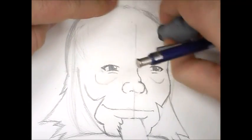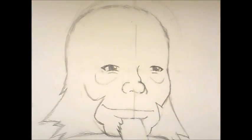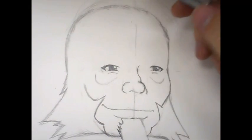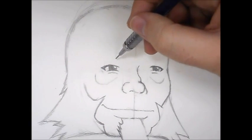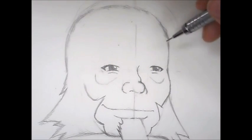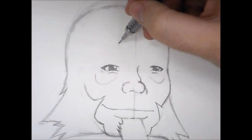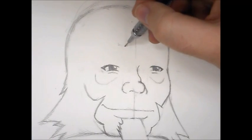So we'll clean that up a little bit so you can see a little bit better exactly what shape I'm working with here. Okay, so here's the basic shape that we have now. So we now need to draw Iroh's rather characterful eyebrows. His eyebrows are going to be set fairly high up on his head, all the way up here. And his eyebrows are not just going to be straight across or even just going one direction. They're actually going to